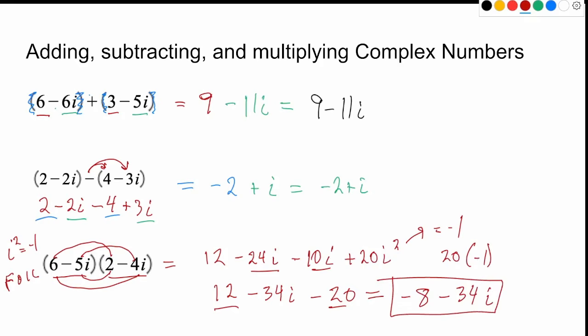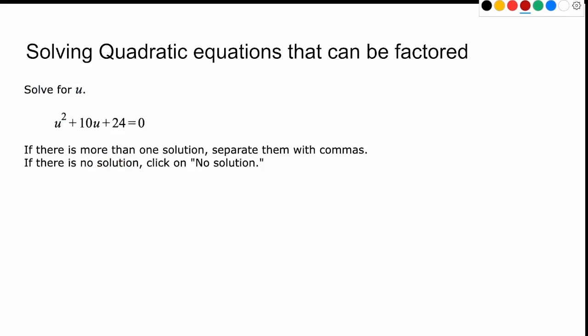And that's how we can add, subtract, and multiply complex numbers. And you'll have some of these type of questions in the homework coming up. So let's move on to the last sort of portion of this review, which is going to take a look at how do we solve quadratic equations. So we started with solving the rational equations, and we're going to jump right into quadratics. There's a couple different ways to go about this, but we'll take this first stab at it.